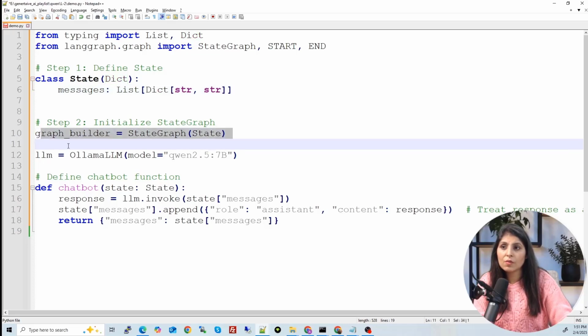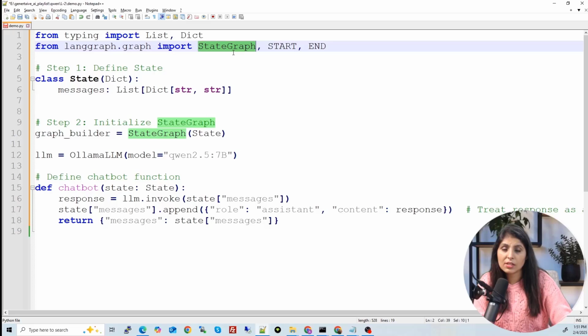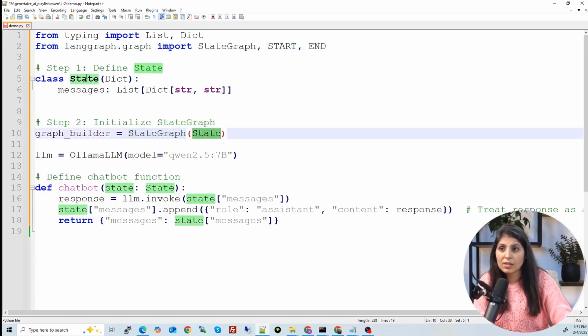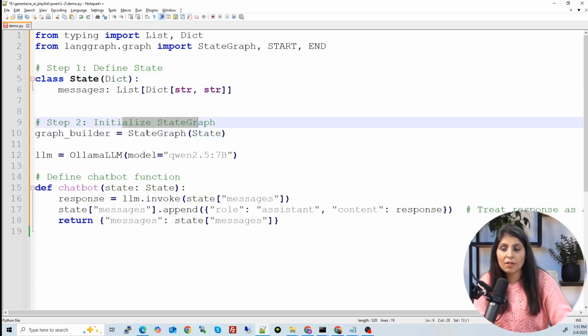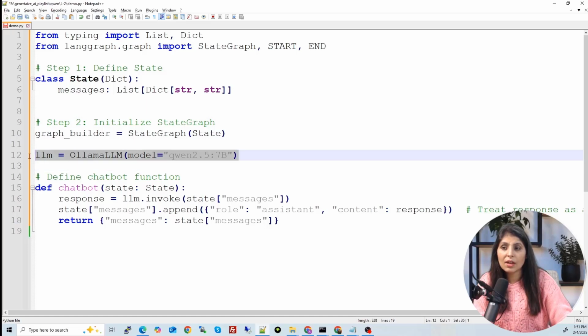And after that we are initializing the StateGraph. See, StateGraph is a state machine. State machine simply means the machine which will control the entire process of this LangGraph application, and we are providing state to it. State means memory. So we have initialized the StateGraph. Now in the next line we have written the LLM we want to use.